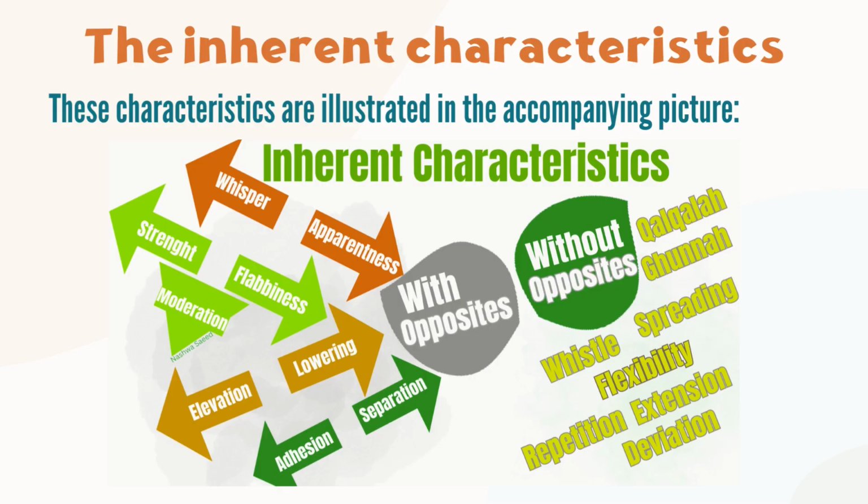The inherent characteristics are the essential features required to articulate the vowelless version of a letter correctly. These characteristics are illustrated in the accompanying picture. The inherent characteristics, the ones with opposites: whisper and its opposite apparentness, then strength, its opposite floppiness, and in between there is a moderation,